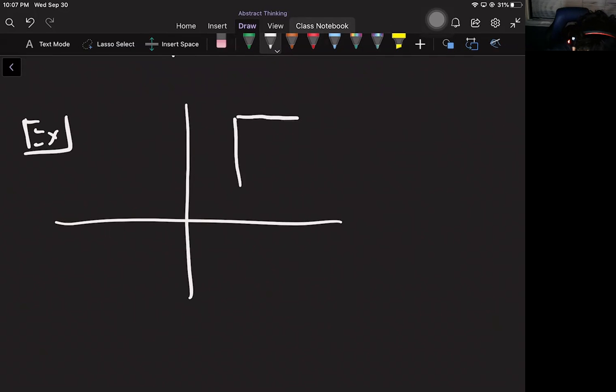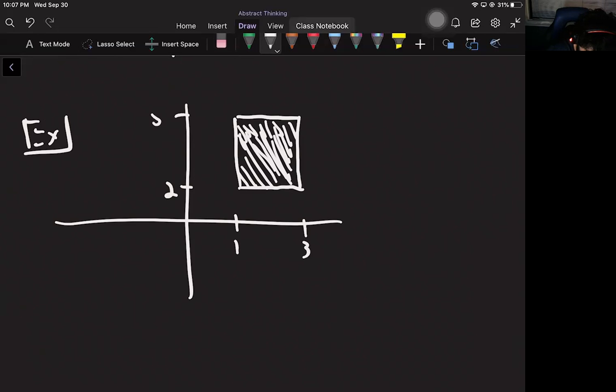So let me draw this rectangle. And I'm even going to shade the rectangle to indicate that the rectangle and the points inside of the rectangle are all in some set. And I want to describe the set. I guess I need to indicate where my rectangle is going from and to. So let's do something like that. I don't claim to draw proportionally. Okay, so I can describe this set, or actually it's a subset of R2,